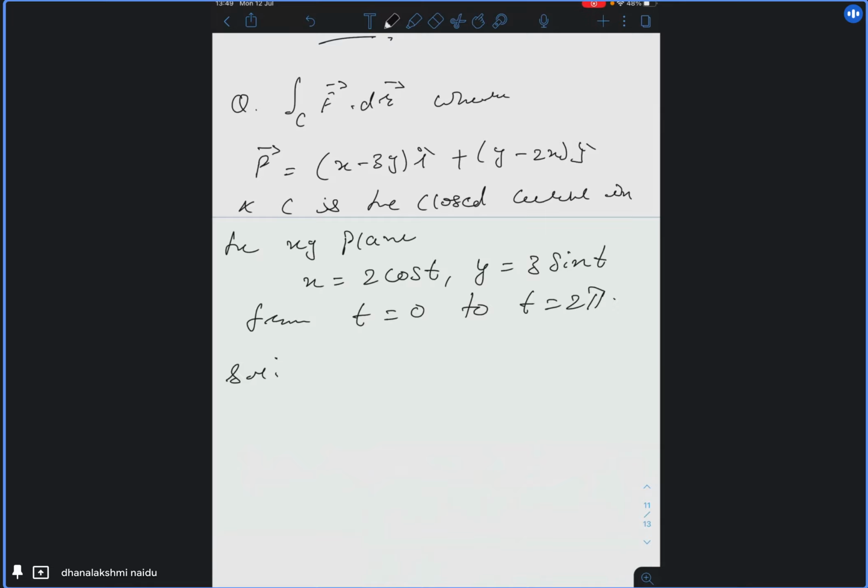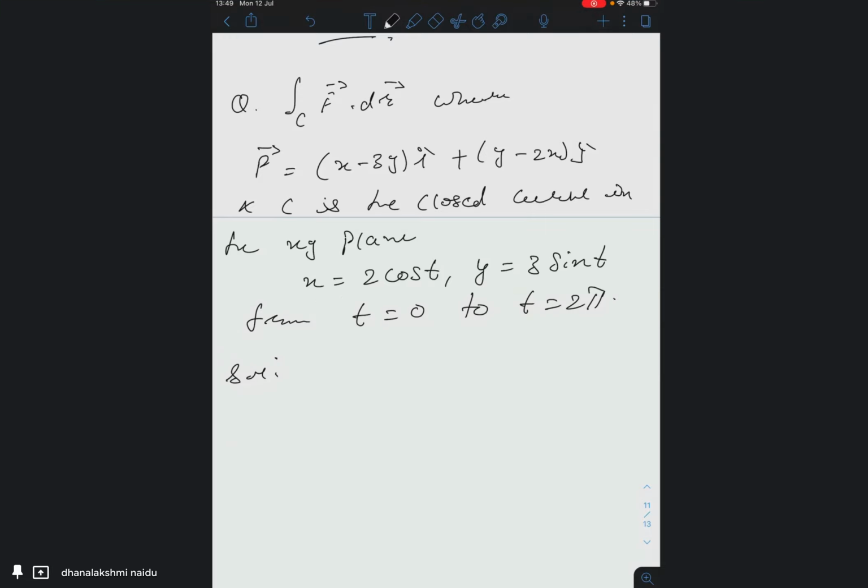For every problem in the exam, they will give one problem. Here you are solving so many problems, but whenever you solve, make the habit of writing every detail. You give an F bar, then you know your R bar in the xy plane will be xi plus yj only, since we are talking about the xy plane. Otherwise it includes plus zk also. So your dr bar is dx i plus dy j plus dz k, then F bar dot dr bar, and you mention all these things. Finally write down: therefore the line integral of F bar dot dr bar, substitute every value, integrate and get the result. This is how you have to solve the problem.